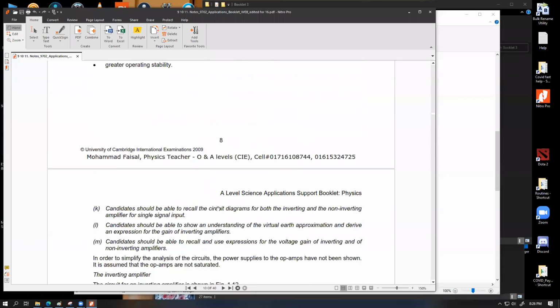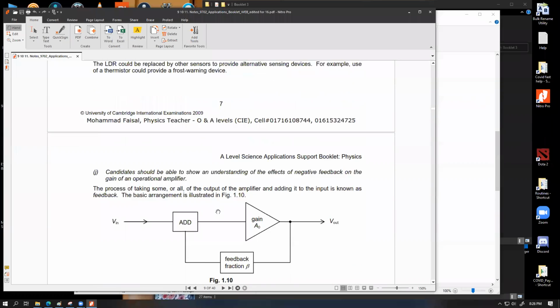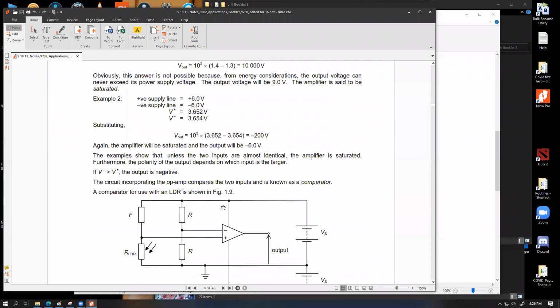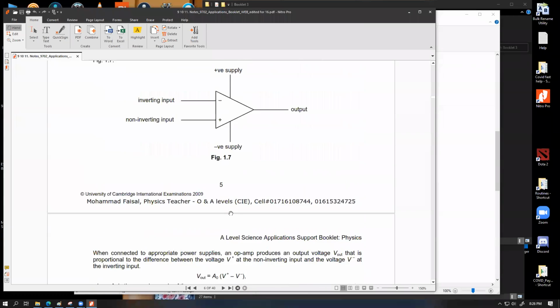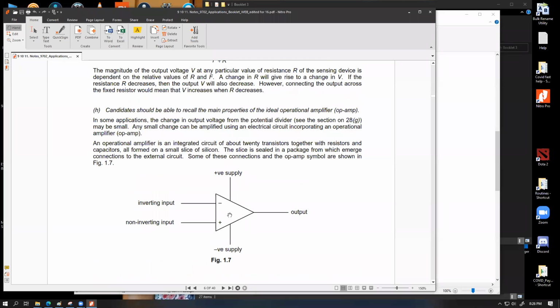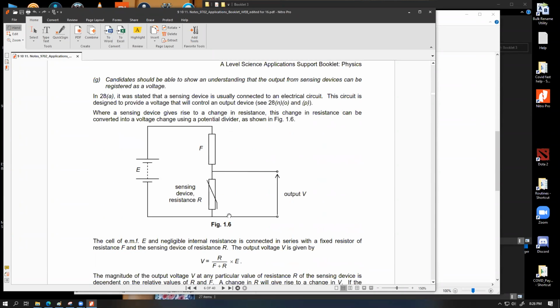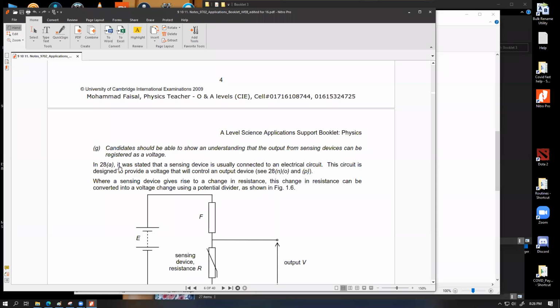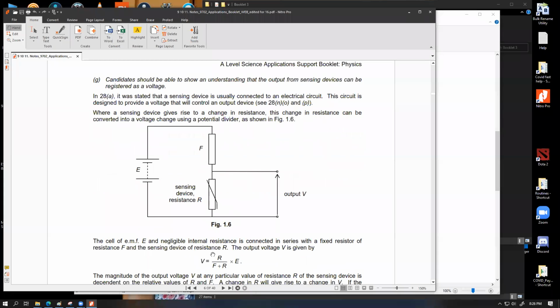Where is 28G? 28G is a figure. This is the 28G figure. So this is topic 28 and this is G heading. So what they're saying is that in this case we can use a sensing device over here, and if we measure this output voltage by a digital or analog meter, we can,